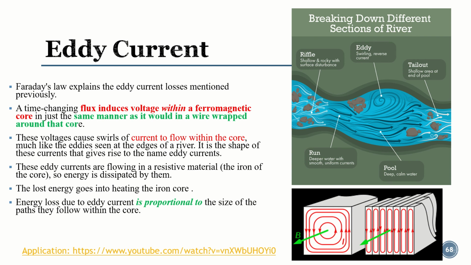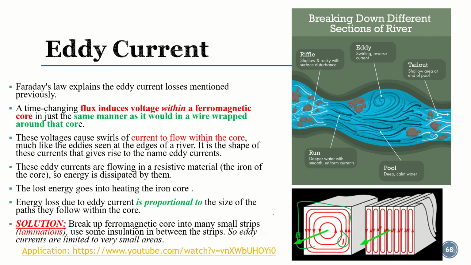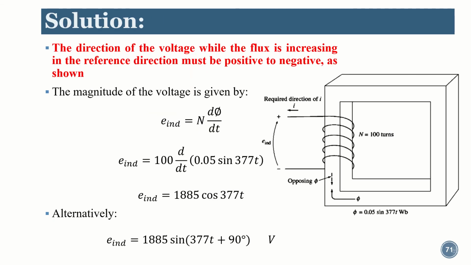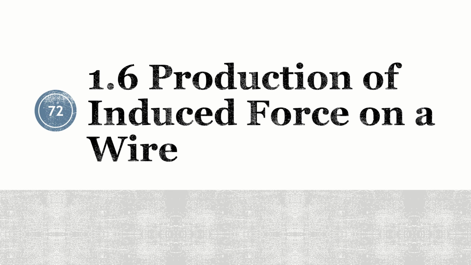So eddy current, as I explained earlier, is the small current that starts flowing inside the domains of the core, and that induces the heating losses. How we can reduce it, we will see in the live session. Example solved in the live session. The last thing,